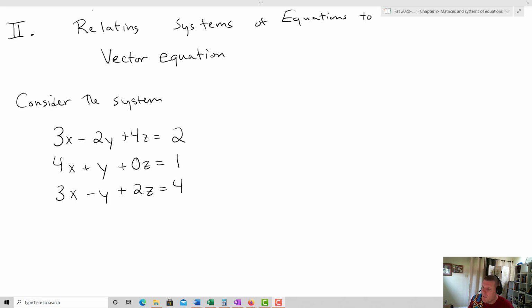So now what I want to do is relate systems of equations to vector equations. In particular, we're going to start out with some notation, and then we're going to show how that notation and the use of matrix algebra will tie systems of equations to vector equations, and will allow us to deeply expand what we're going to be able to do with